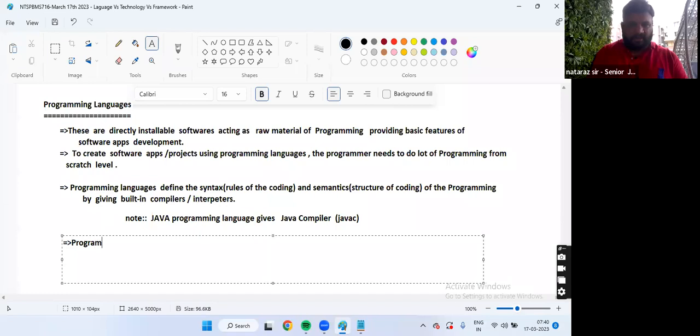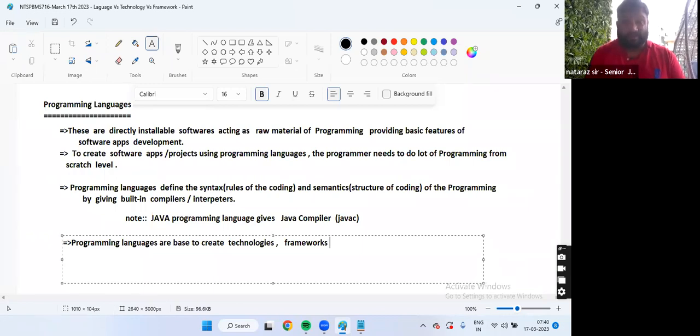Super, guys. Programming languages are ways to create technologies, frameworks. A computer OS is not created using Java because Java is not meant for that, but mobile operating systems are created using Java, that is Android.